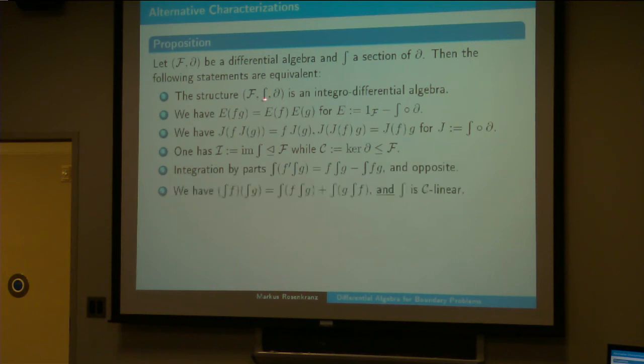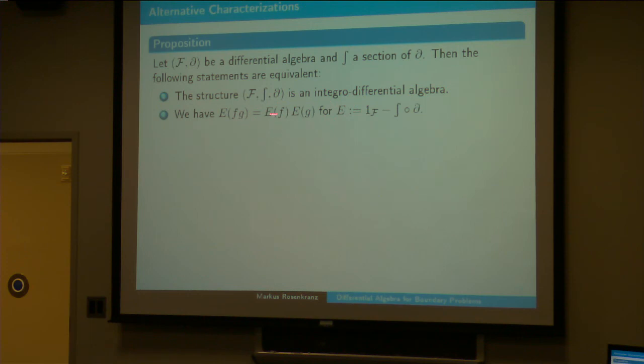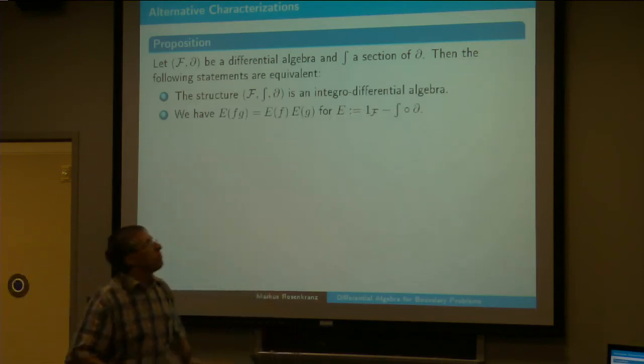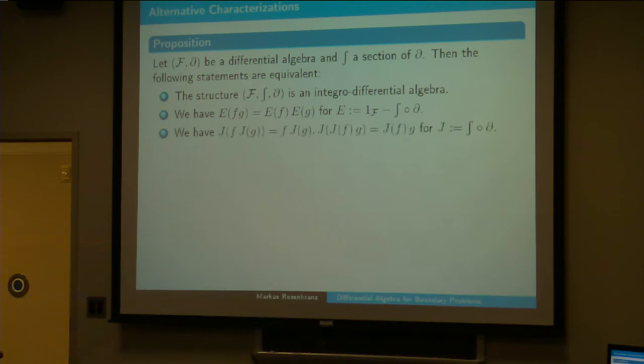This is just some other ways how you can characterize integral differential algebras. I mentioned this one in the morning, with this evaluation being a multiplicative projector. And it's the same thing in mathematics. Whenever you have some foundational notion, it will have many different ways of description. So for instance, another way that I haven't mentioned in